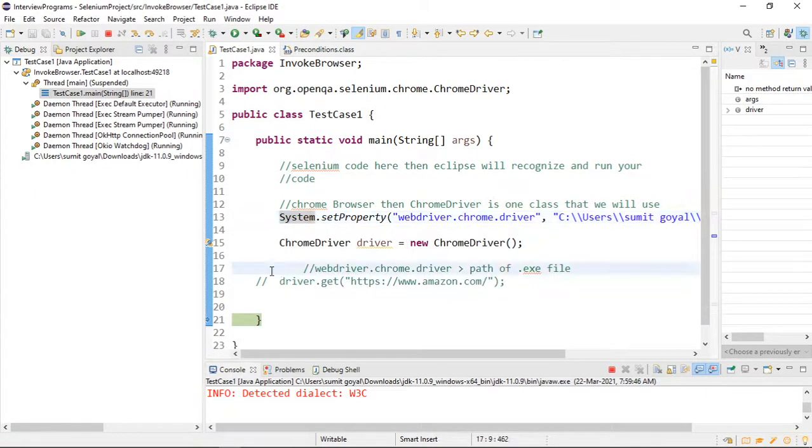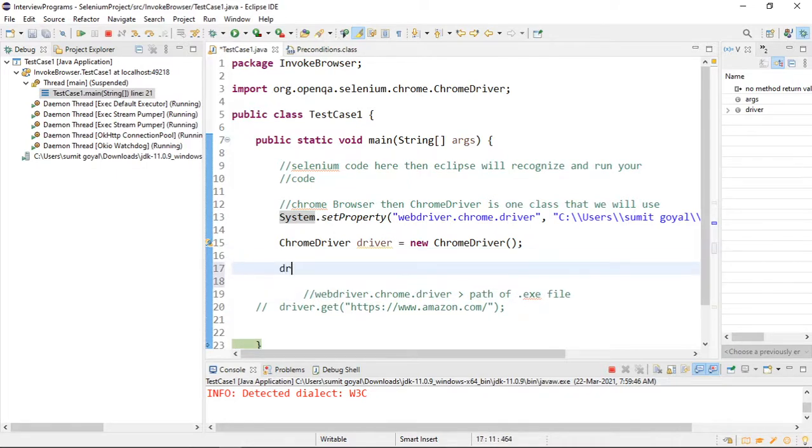So suppose I want to open the Amazon website. So this object will give me so many methods. Driver.get, and whatever URL you pass, make sure it is a valid URL, otherwise it will throw an error.